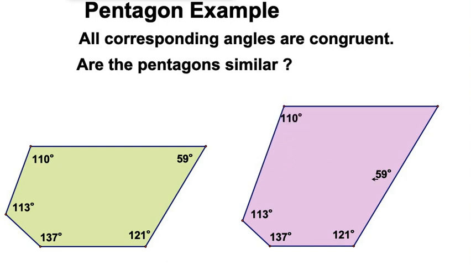Well, just look at that. I changed it. I stretched it out like that. And you can see it's pretty obvious that these guys are not similar. So congruent angles work for triangles, but congruent angles alone do not make a pair of similar